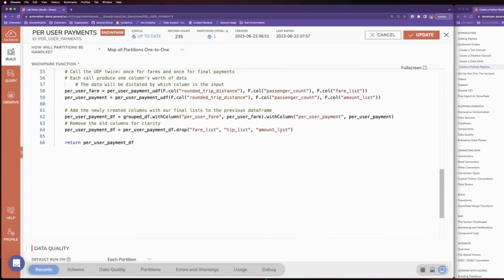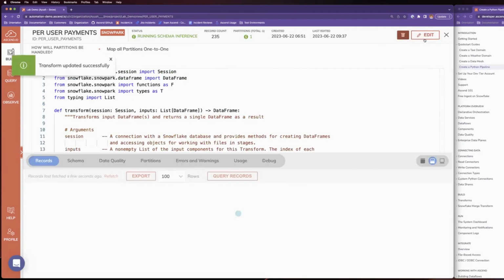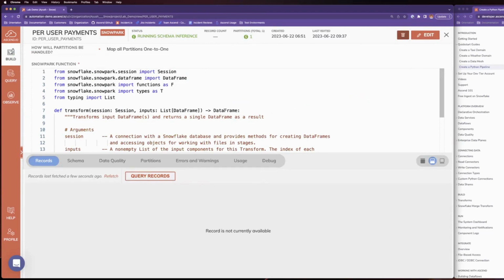So let's go ahead and edit here. We will take out this statement for now. And so what this will end up doing is it'll run through it because we changed the code. For those who are new to Ascend, this should very much be something you become familiar with. When you change the code, this should indicate that there's something different. And when Ascend detects that there's something different, it will run it anew.